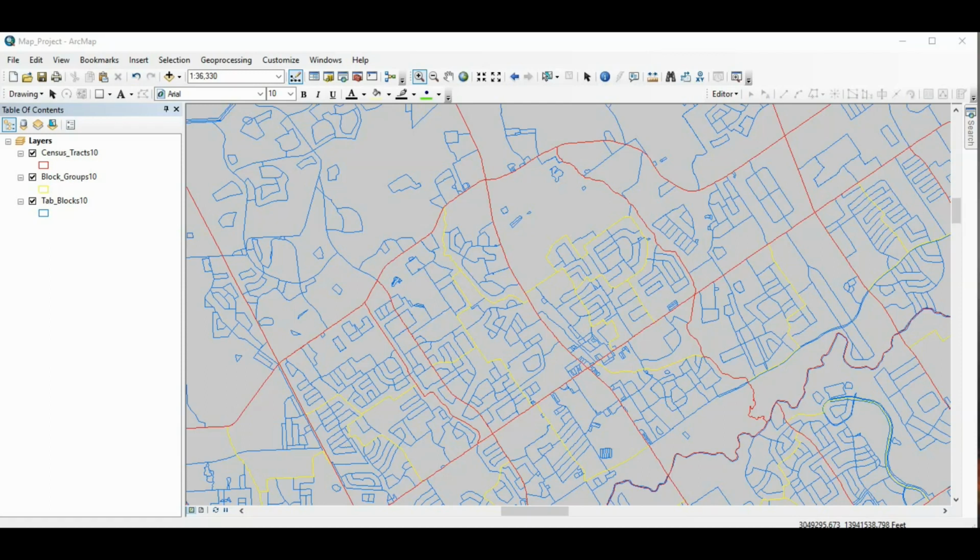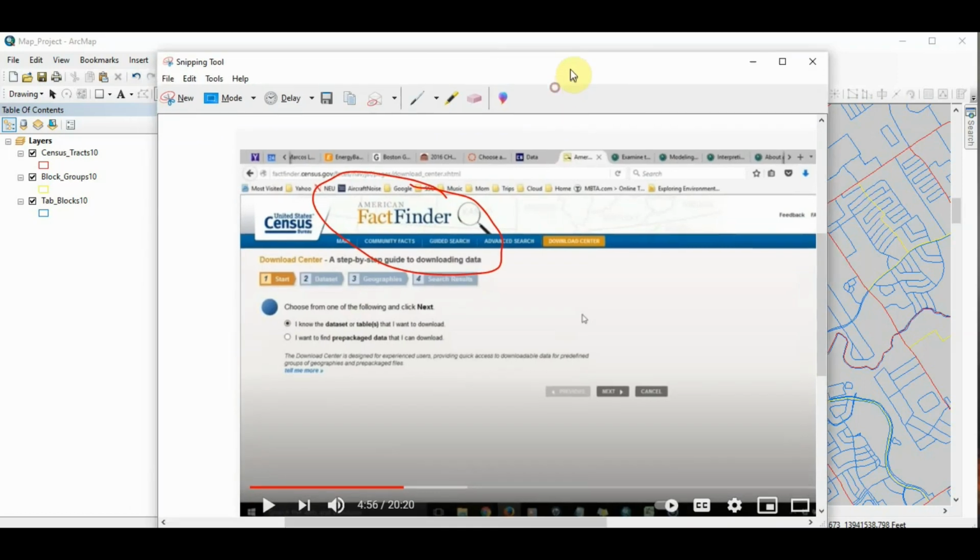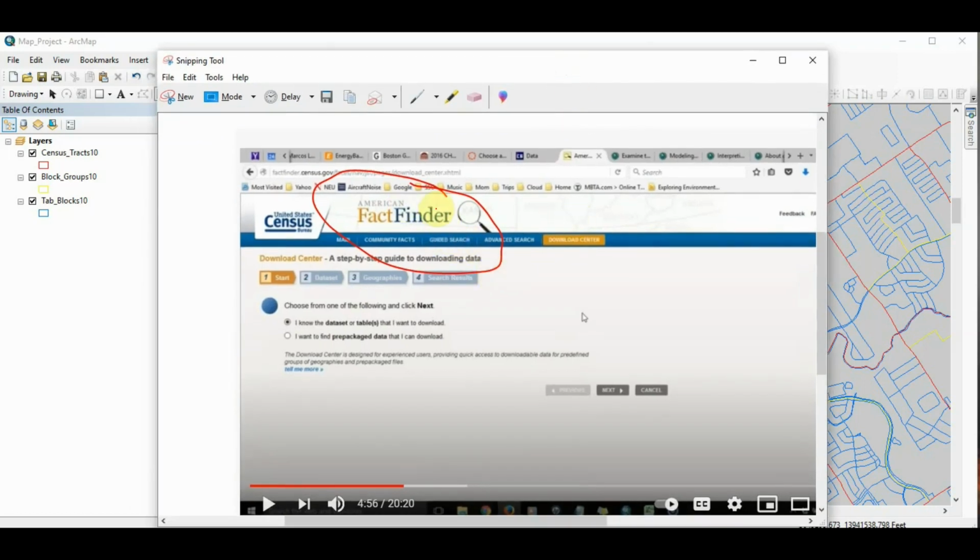Hello everyone. I needed some census data for another project that I'm working on. And in the process of getting that data, I realized two things. One, the process is not as straightforward as one would hope. And secondly, that most of the videos that are available are based on this website right here, the American Fact Finder